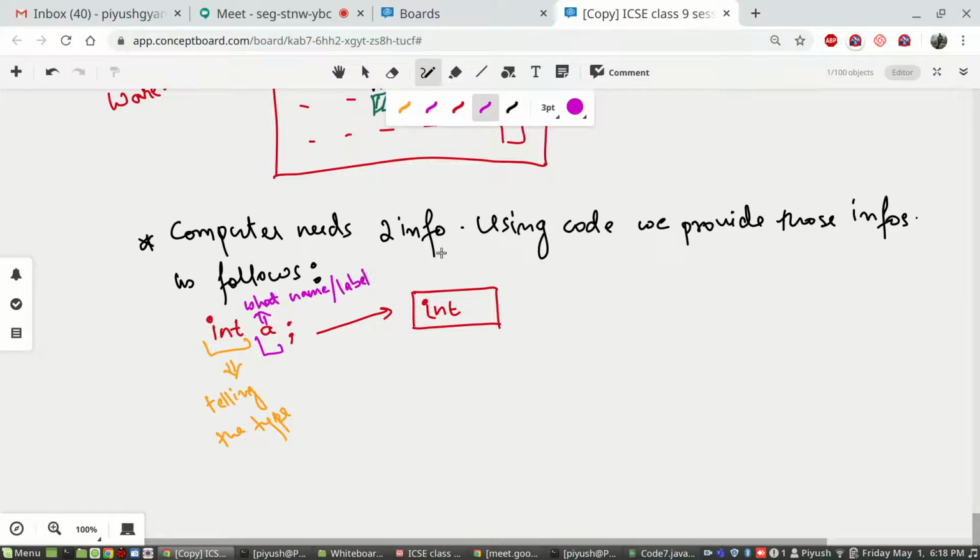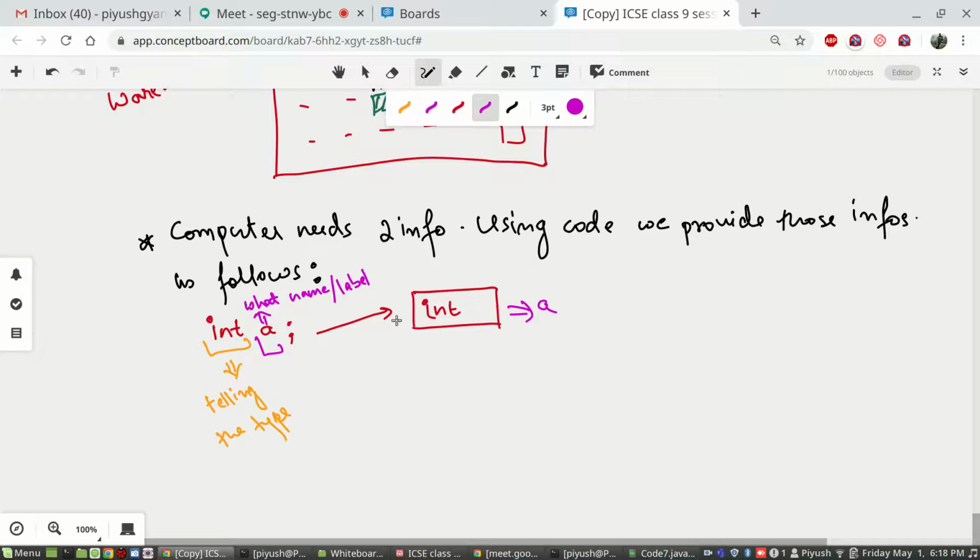Okay, so computer will understand that you are going to store integer values in it, and you will be naming it A. Computer will then give you one location known as A, where you can store integer values.